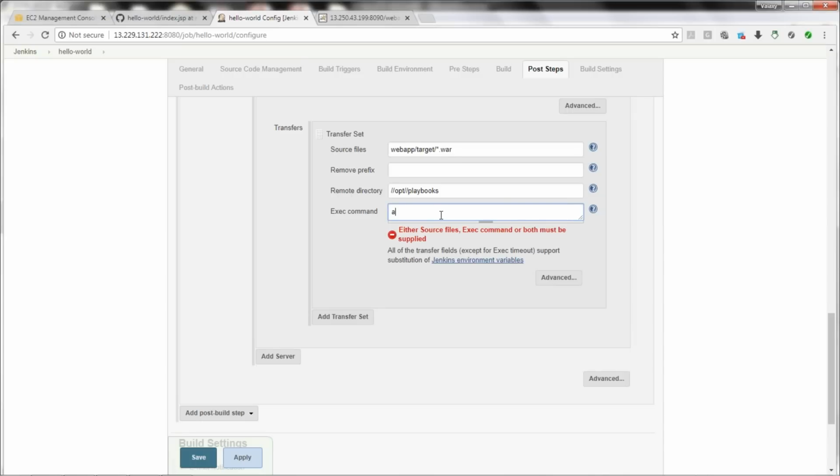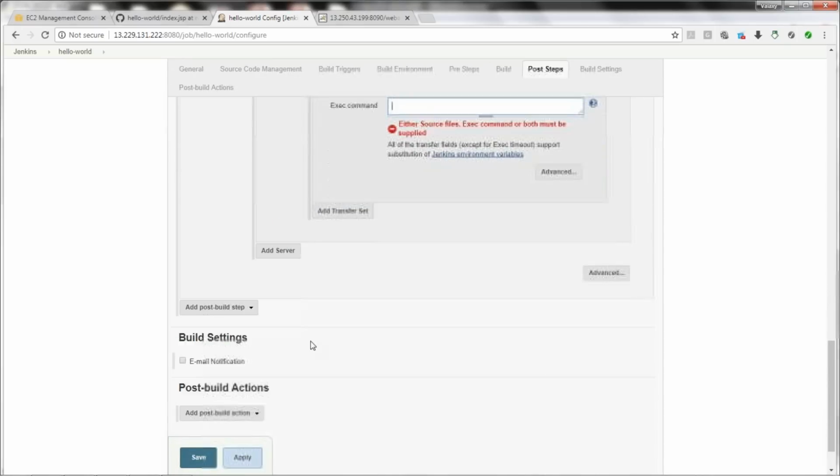Then the command would be ansible-playbook /opt/playbooks/copyfile.yml. This is the command you need to execute, but don't give